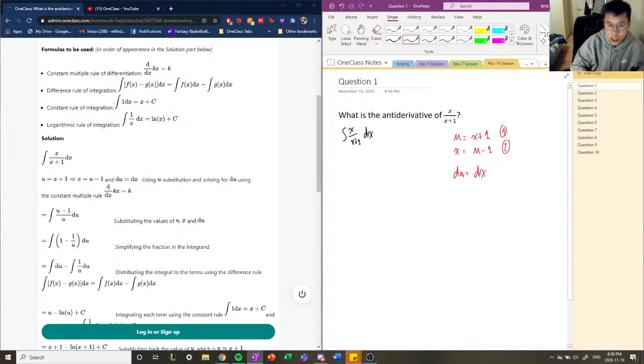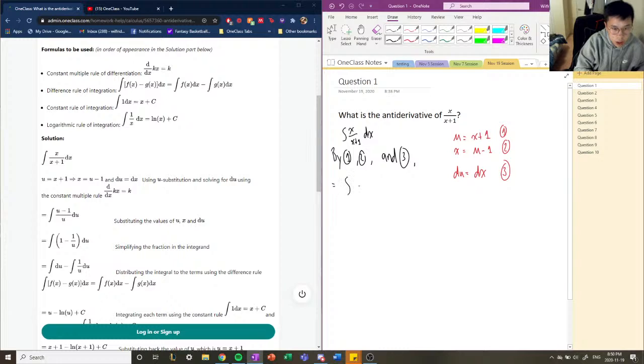I just simply derived it and I moved the dx to the other side to get this, and I'll label this 3. Okay. So we're going to use this substitution to change our integral. By using 1, 2, and 3, we can change our integral to equal